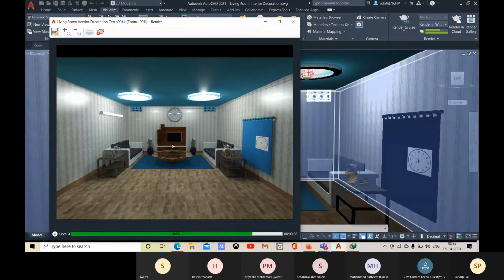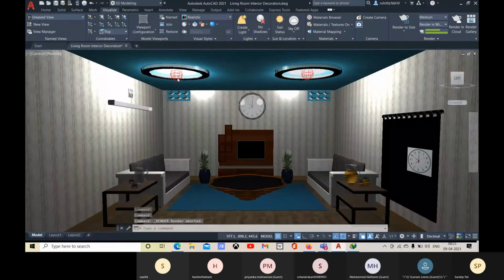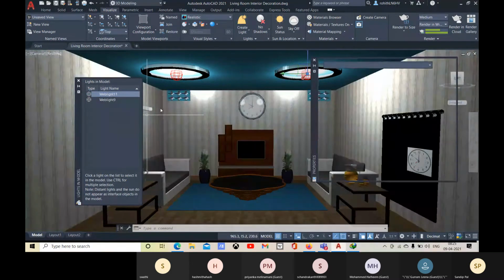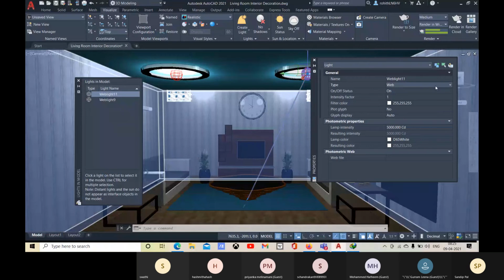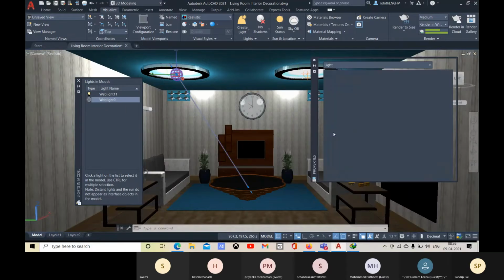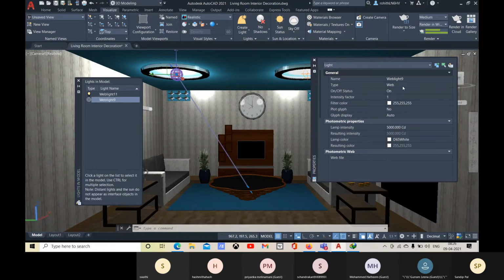Yeah, so this is the result when you place web light. Let me just select, sorry, this web light one is there. So double click on it, web light, and the type is right now web light. Let me just change it to point. From here also you can change it to point, and now you can see this is point light. Let me double click on it and change it to point light, and there you can